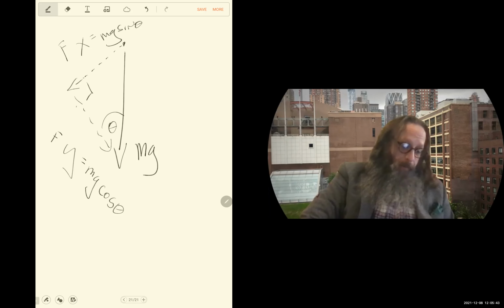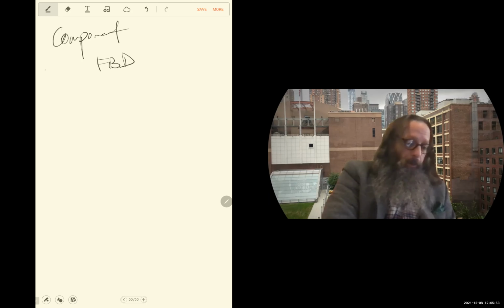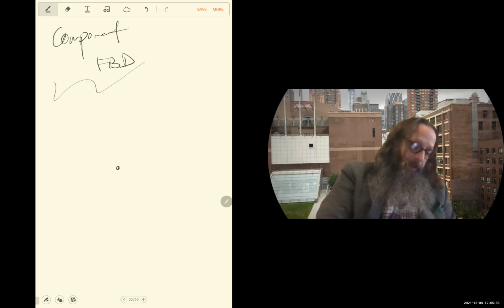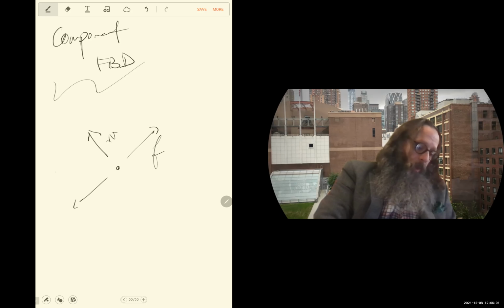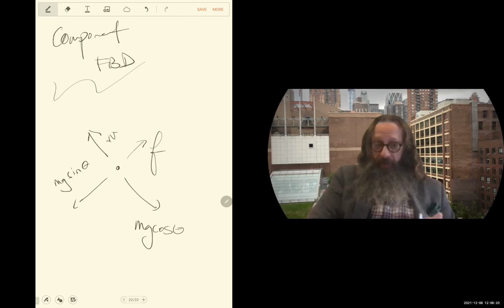Since we have 1 minute, I now take these two components and I substitute and make a component free body diagram. That was the zoom in. This is where we're going to stop today, but this is the hard part. The component free body diagram looks then like this: normal, friction, mg sine, and mg cosine. And I don't mean to imply that they're all equal. This is the diagram. We're going to stop here for right now.